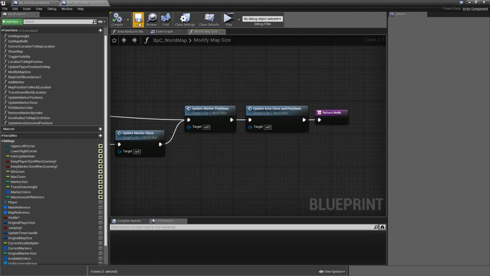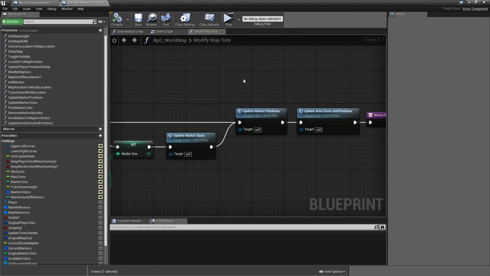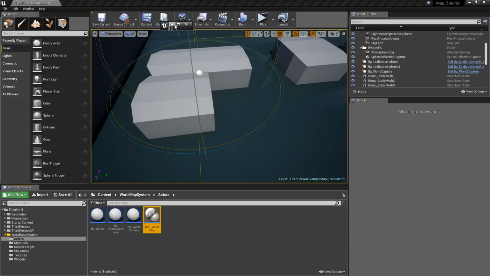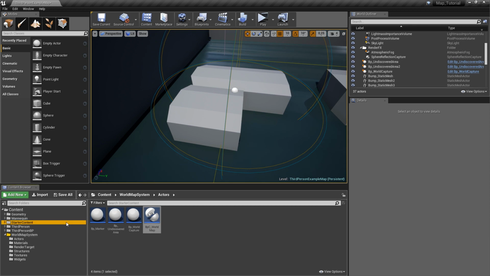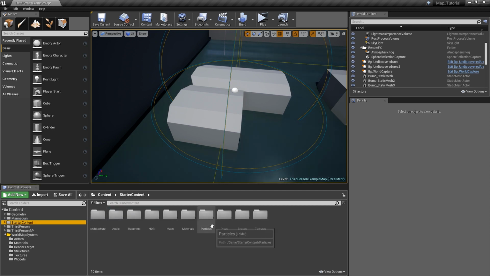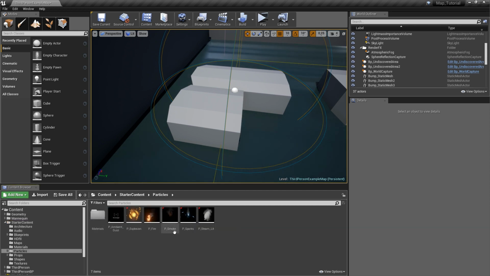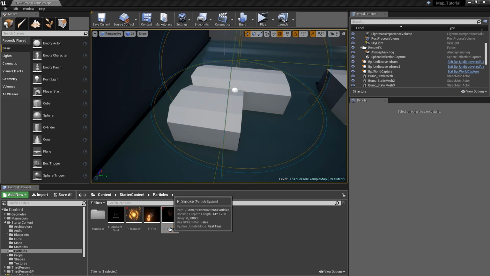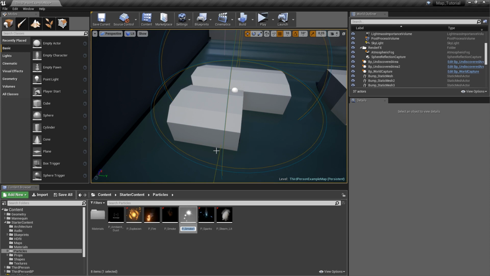The last feature I want to add is actual fog in the level, so that the area is not only hidden on the map but also in-game. We need a particle system for the smoke. Fortunately, we included starter content. Let's go to particles, and here we already got the p_smoke, so that is similar to what we want to achieve. Let's right click and duplicate that to